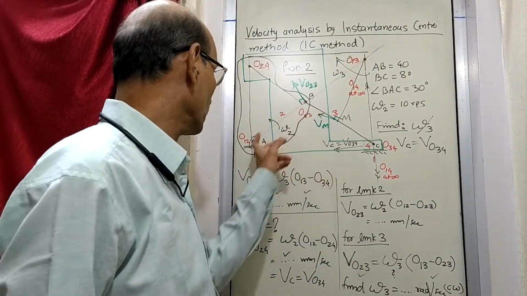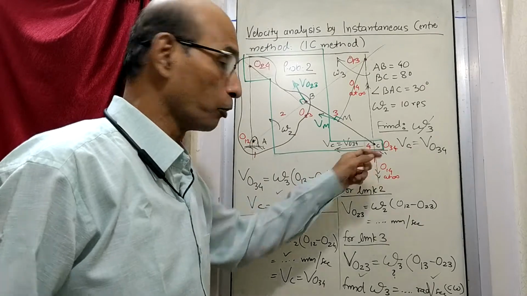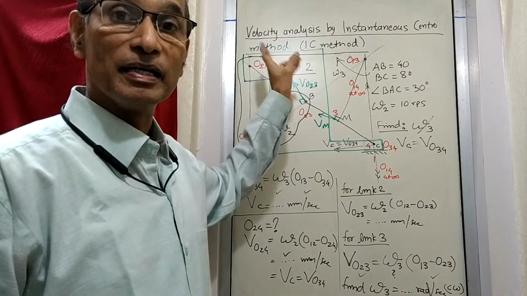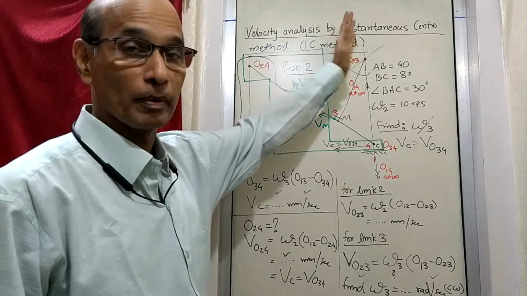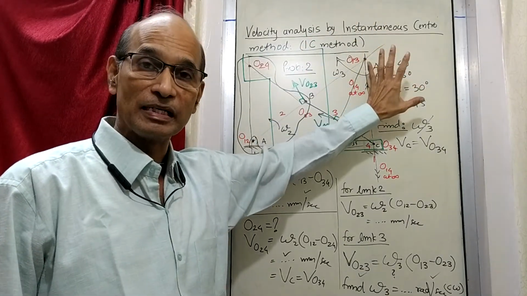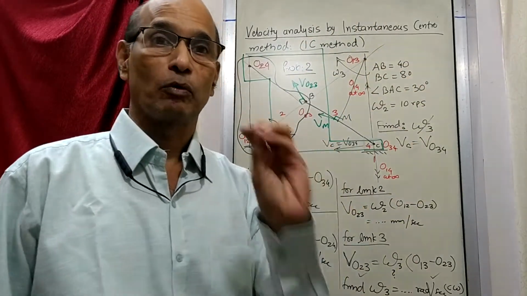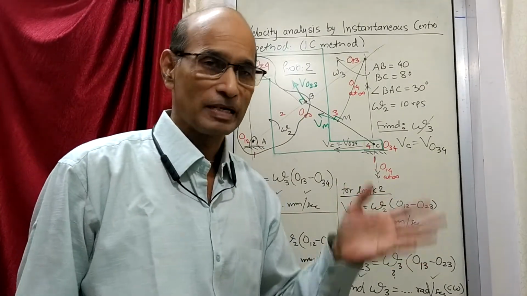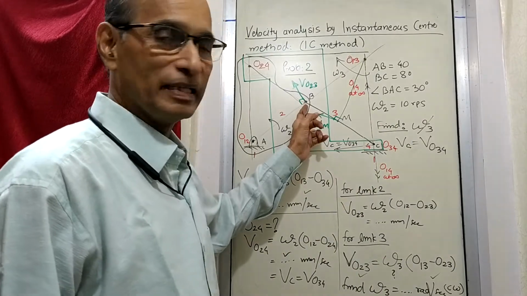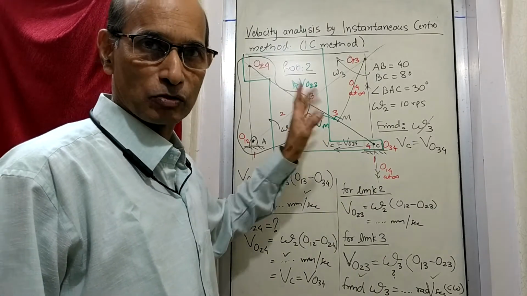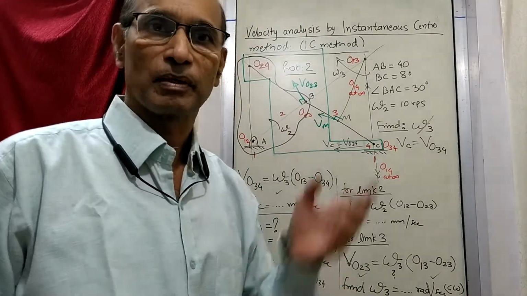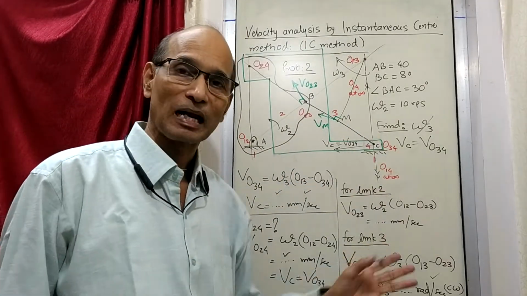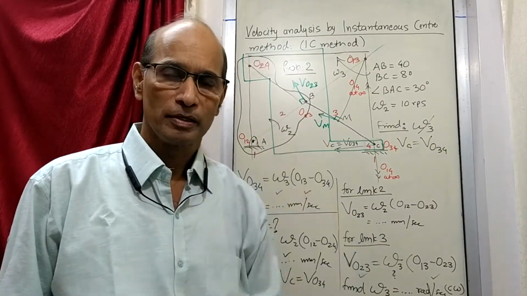There is no pin joint physically, there is no joint like this. At 2-3 there is a joint. At 1-2 there is a joint. At 3-4 there is an actual pin joint. But here there is no pin joint. It is an instantaneous center. We are talking about instantaneous centers. Some instantaneous centers don't remain at one place. They are imaginary in nature. And some of them are physically seen. So there are some types of instantaneous centers. But conceptually they are all working in the same way. And their properties are the 3 properties we have discussed earlier.